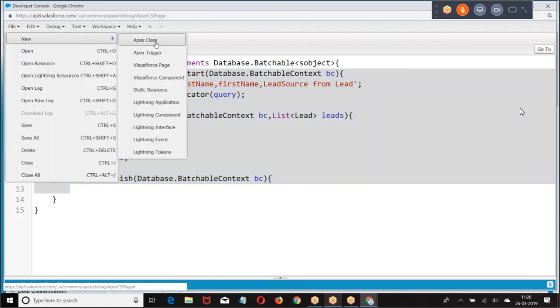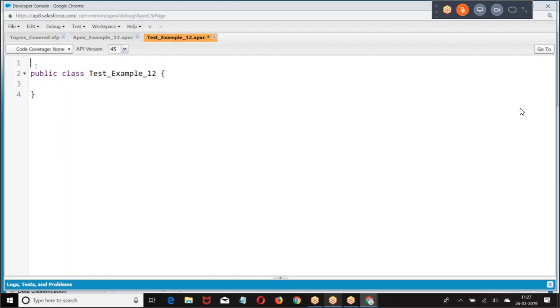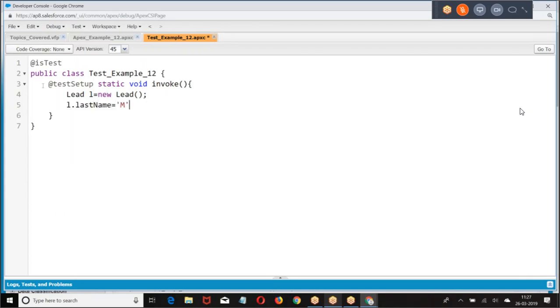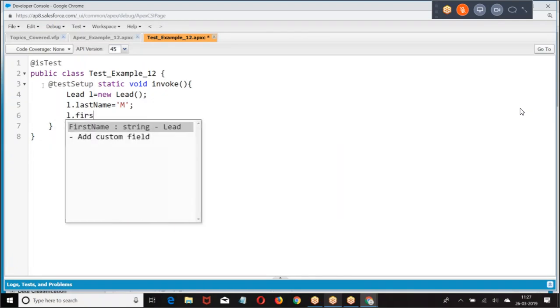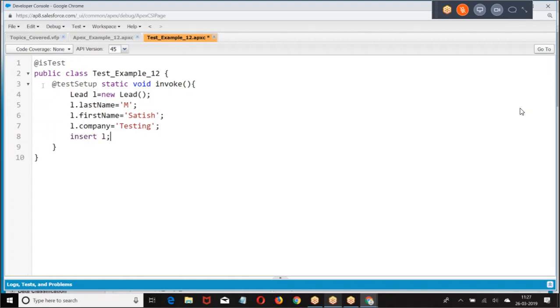So I was supposed to go with a lead company. This is what I have created. This is lead data. Then I was supposed to test.